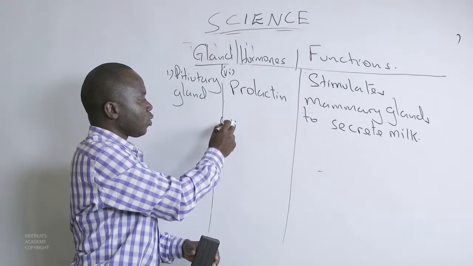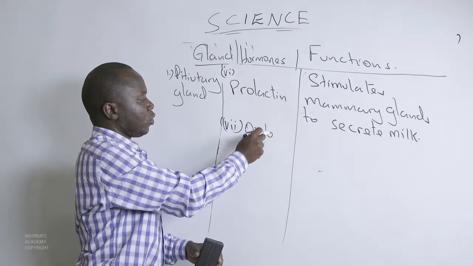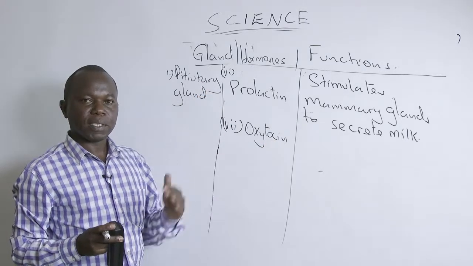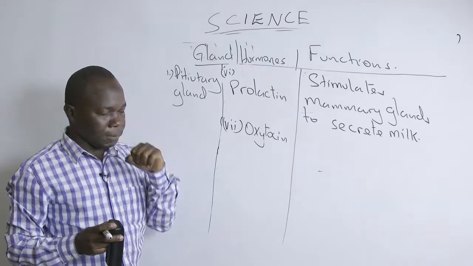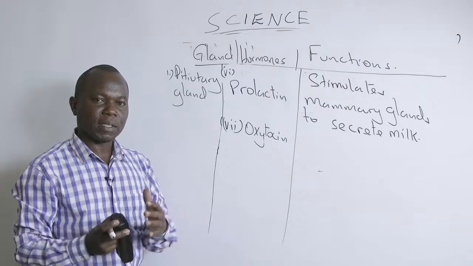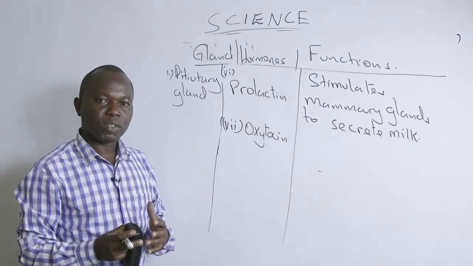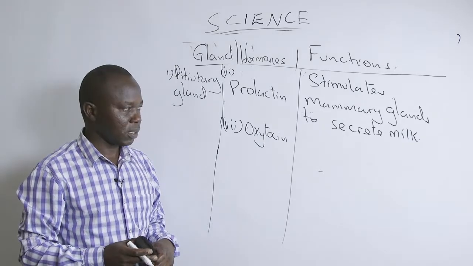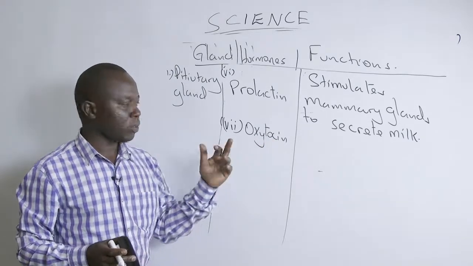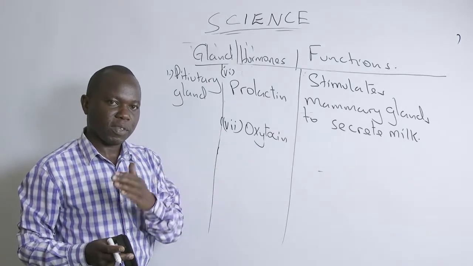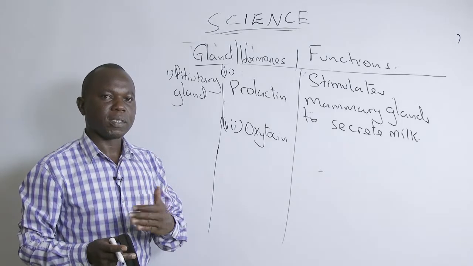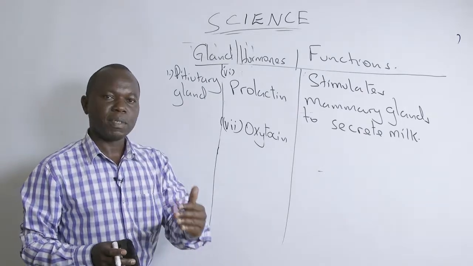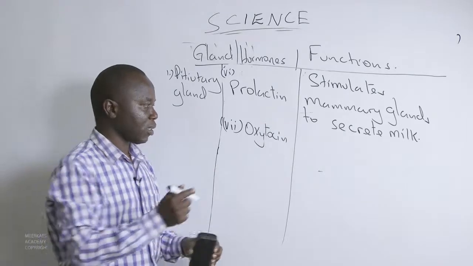And then the last hormone is oxytocin. Oxytocin is secreted by the pituitary gland, and it is very important during birth. Before the baby is born, after 9 months, the uterus will produce a rhythmic contraction. Those rhythmic contractions are important to expel the fetus out of the uterus. Now, for that to happen, oxytocin will be released to the endometrium of the uterus, and the endometrium will respond by producing a rhythmic contraction, and in the process, during contraction, the baby is pushed out of the womb or the uterus. So it stimulates